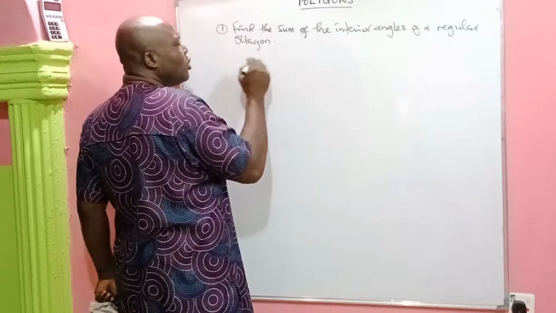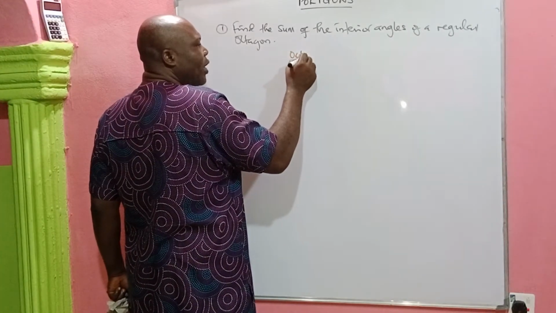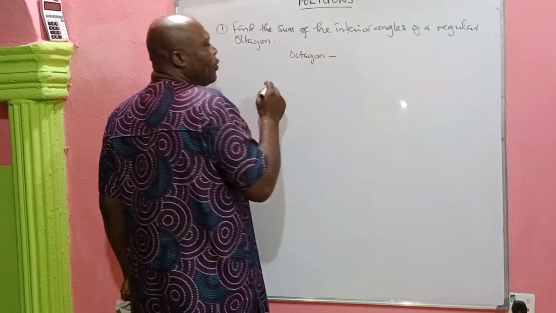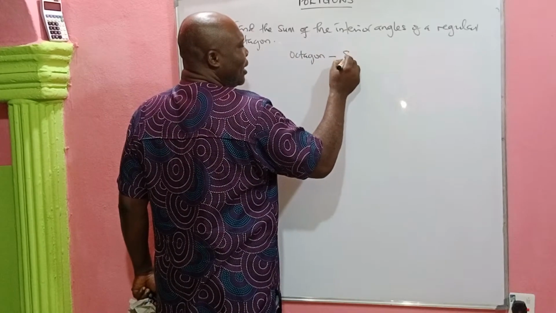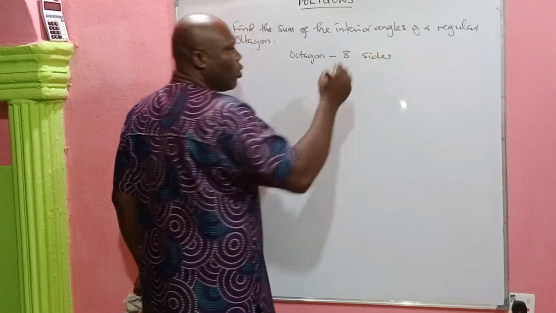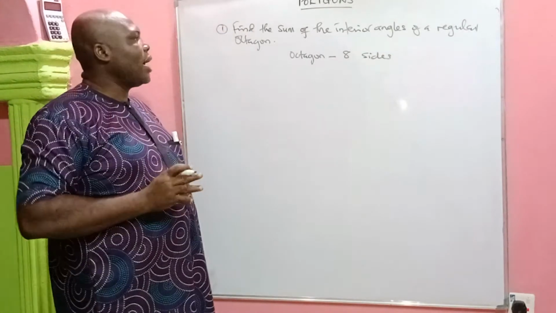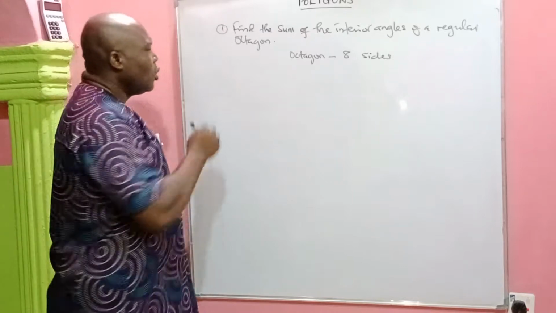All right, so take note that a regular octagon has 8 sides that are equal. The whole 8 sides are equal. That's why it is a regular octagon. So the sum